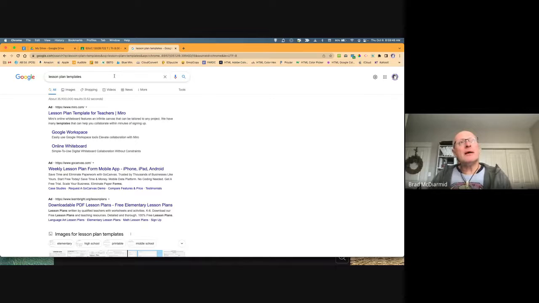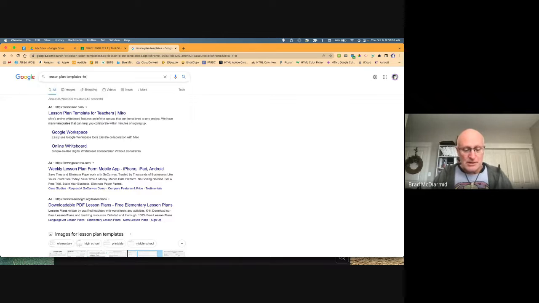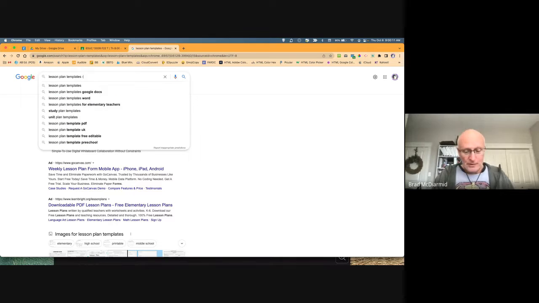So when we type up here, if you've ever heard the phrase Boolean searches, what we're talking about is adding different characters in your search parameters that will either add or take away from what you're looking for. So if I wanted to do that, I could just go minus Pinterest.